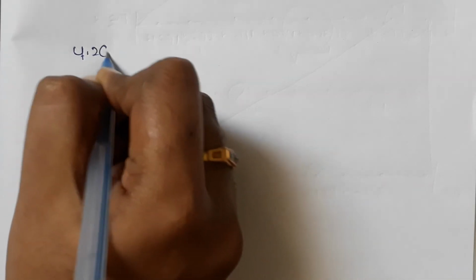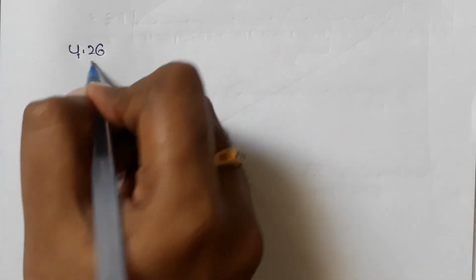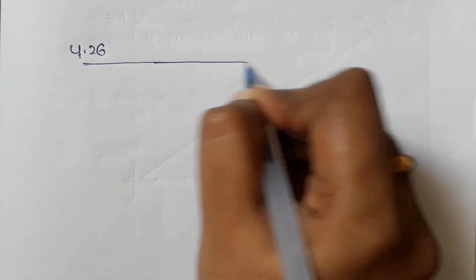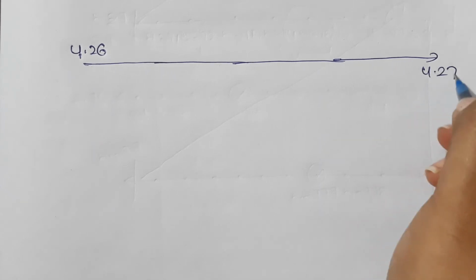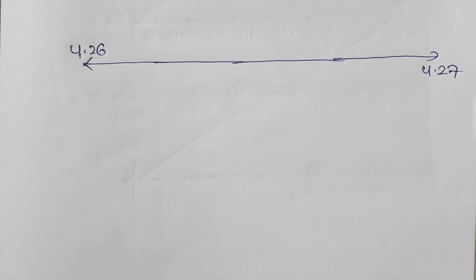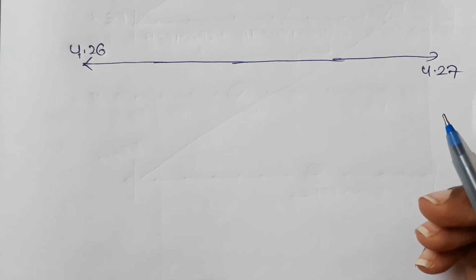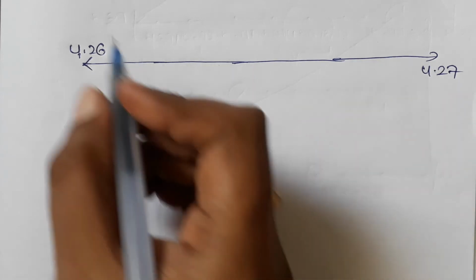And now let us draw a number line for 4.26 and 4.27. That is 4.26 and 4.27, and this number line should be divided into 10 equal parts, and each marked as